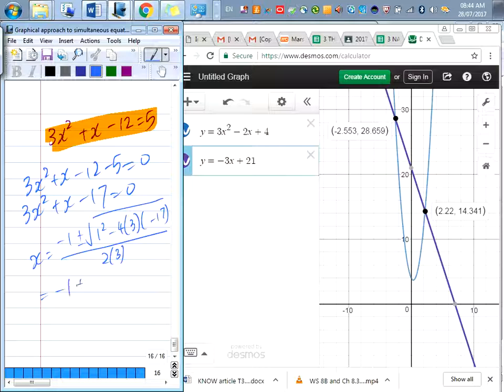So you get negative 1 plus minus square root 205 over 6. And you get two answers. Negative 1 plus square root 205 divided by 6, get 2.5529, or negative 1 minus